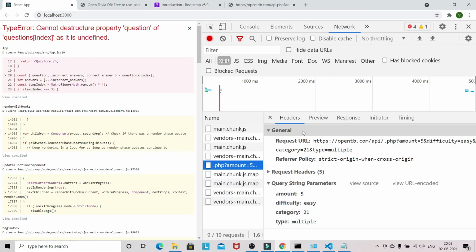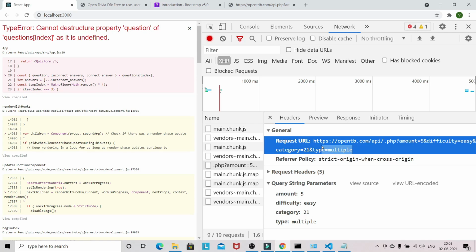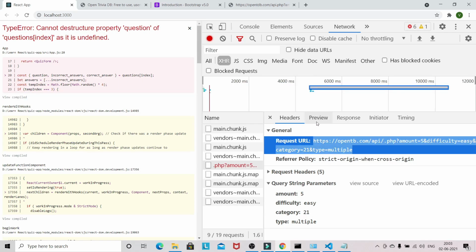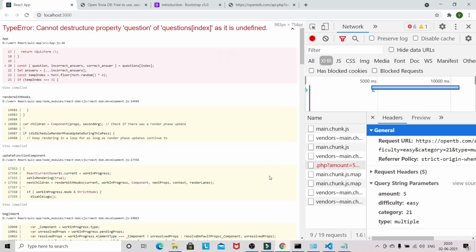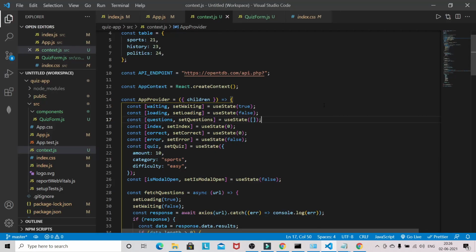So we are calling this API, but we are not getting the response in the preview. Okay, so I will check that one. So guys, I have made a small mistake. In the endpoint, you have to make some changes here. So earlier it was OpenDB, and there was an extra slash. So just make sure the API is matching or not.